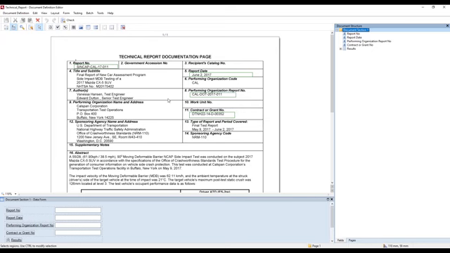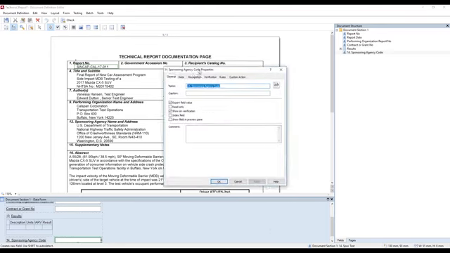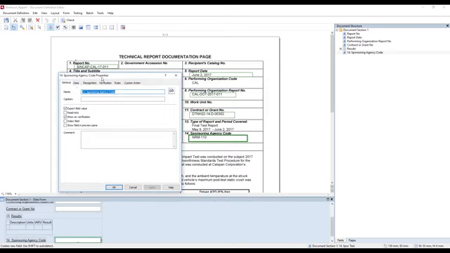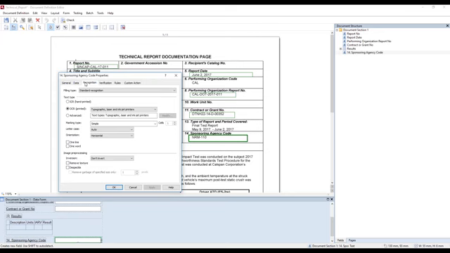So this is, like I said, an administrative piece of the software, but if for some reason we wanted to grab this sponsoring agency code, all we need to do is select the type of data and lasso the data. Every piece of data, or every field as we call it, has properties. I won't go through every single property with you, but these properties determine the accuracy of the field. So once again, remember when I said if it's a date field, we want to tell the software it's a date. This is where we would set those behind the scenes.